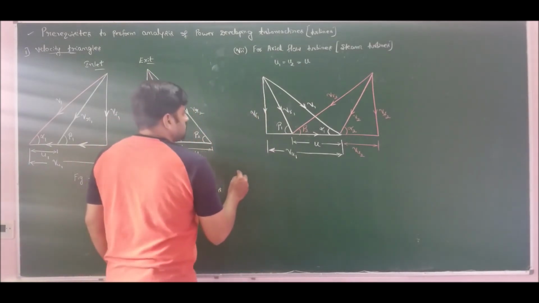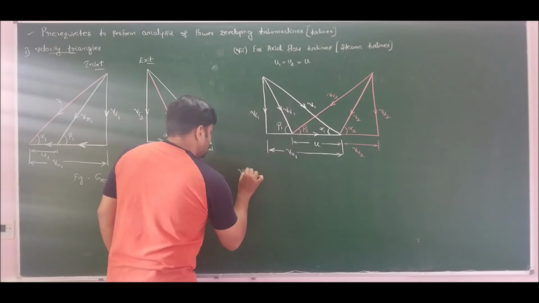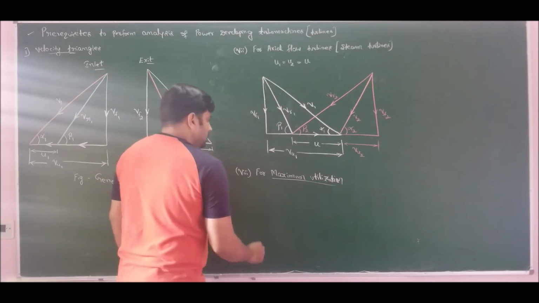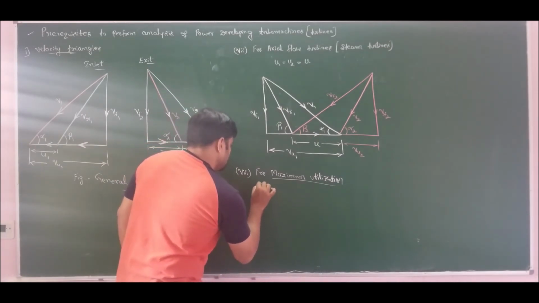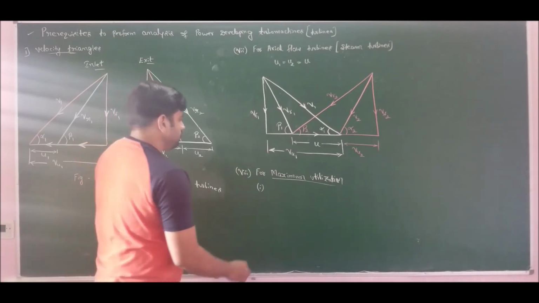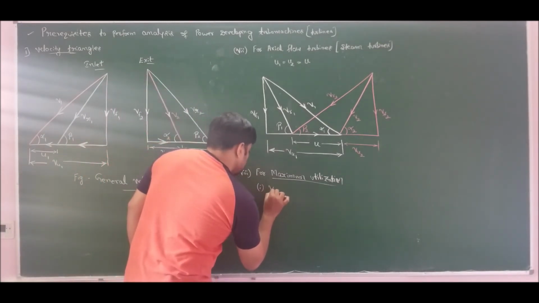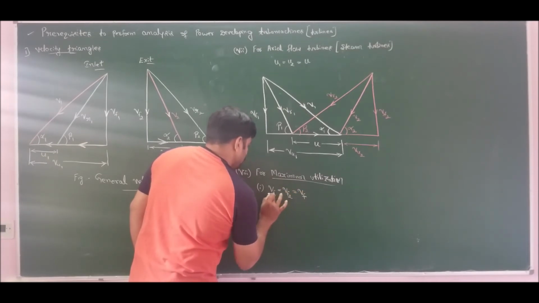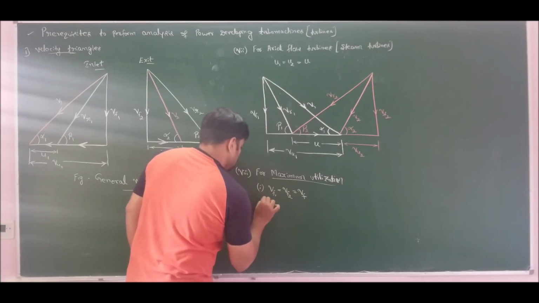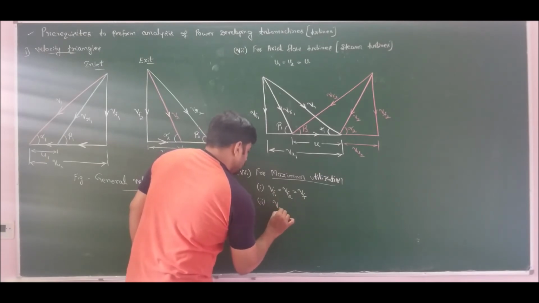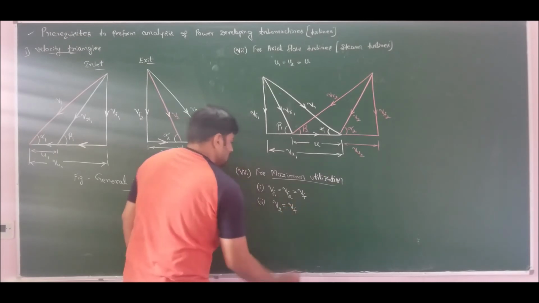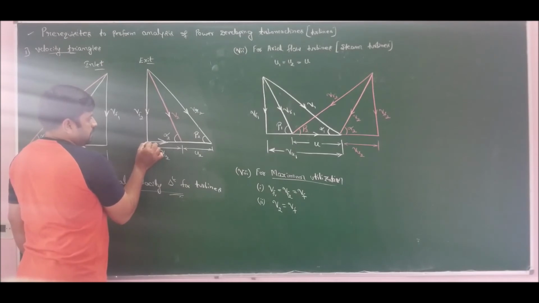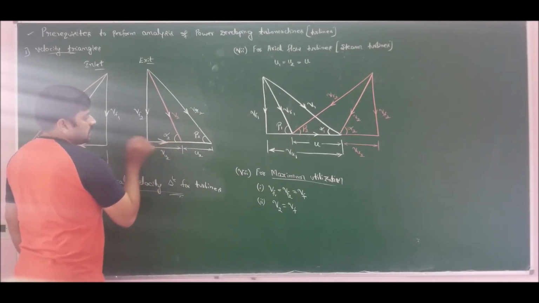Now moving to case number 8, that is for maximum utilization. For maximum utilization, we know the first condition is that utilization will be maximum if the flow is minimum, and also the flow velocity should be constant. So Vf1 is equal to Vf2 is equal to Vf, and we should have the least velocity of V2. V2 will be minimum only when it is equal to Vf. In any other position, its magnitude is greater.